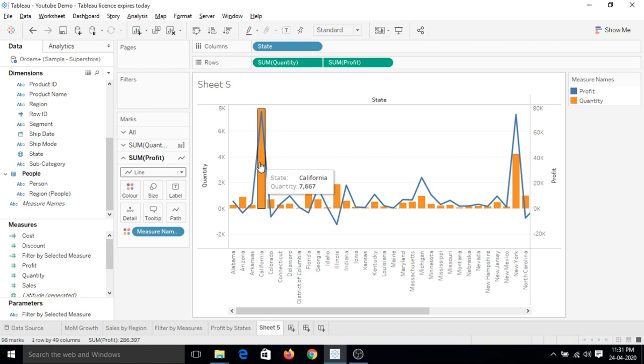So if I talk about California, the quantity is 7667, but with its proportion we can see that the line, that profit is up to some extent, as per the quantity. But if I talk about New York, we can see that the quantity sold in New York has generated a very higher profit with respect to California. So we can do such type of analysis using these dual axis charts,